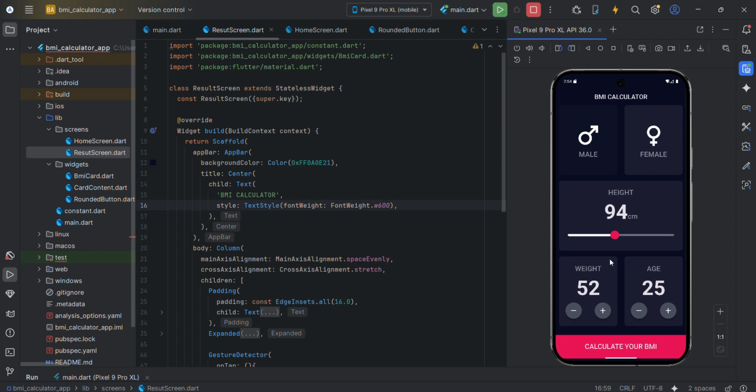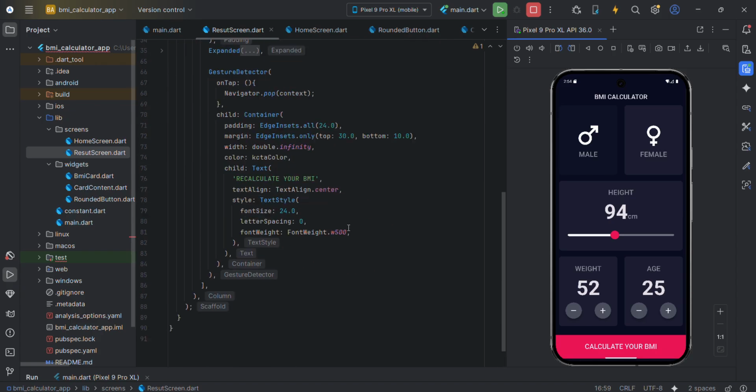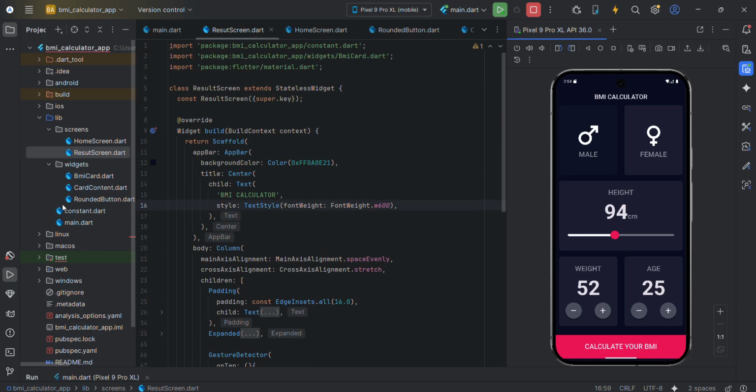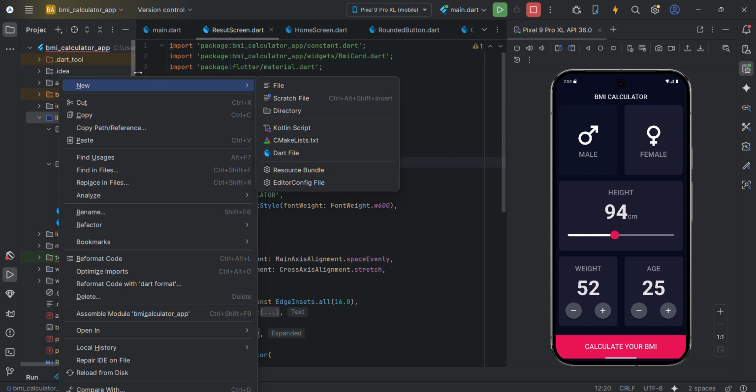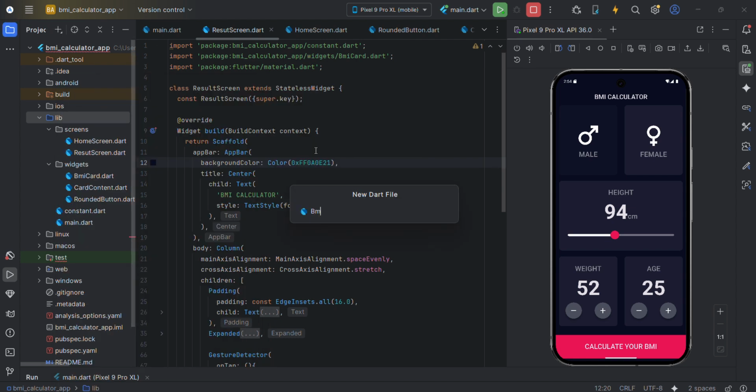First we have to get height and weight. If you know the formula of BMI, how do we calculate body mass index? We take the weight divided by the height, which should be in centimeters, to the power of square. It's a good thing to keep our logic and our UI separate. So we are creating a file called BMI Calculator